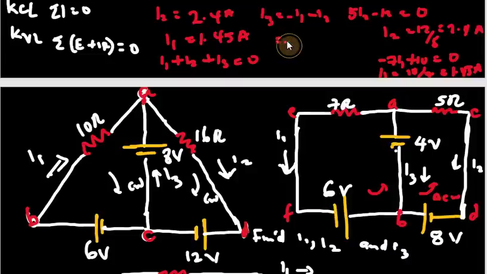You have minus, I1 is 1.45 minus I2 is 2.4. So minus 1.45 minus 2.4 is approximately minus